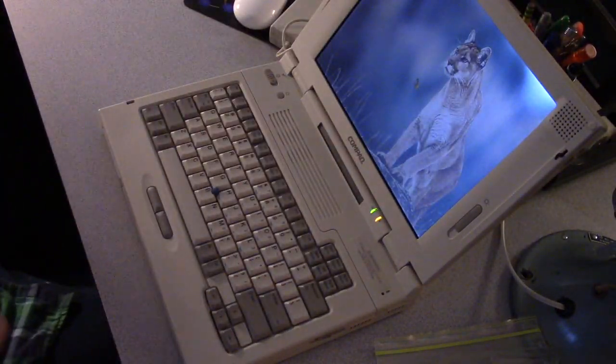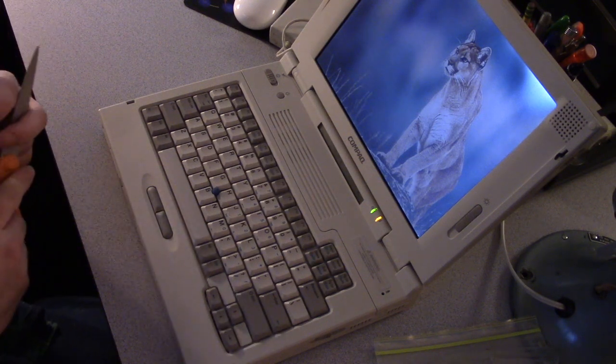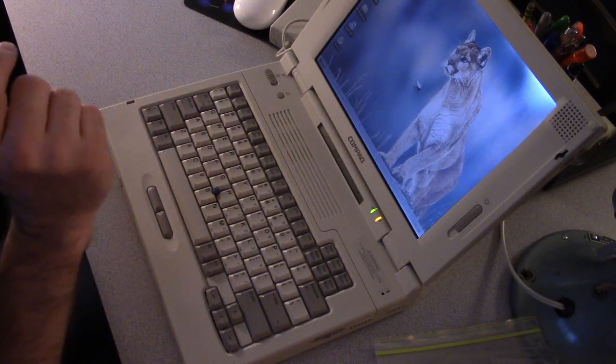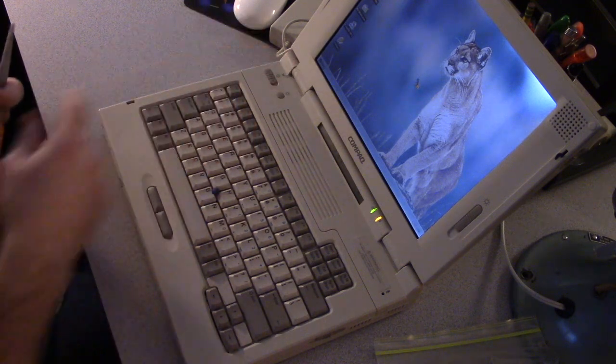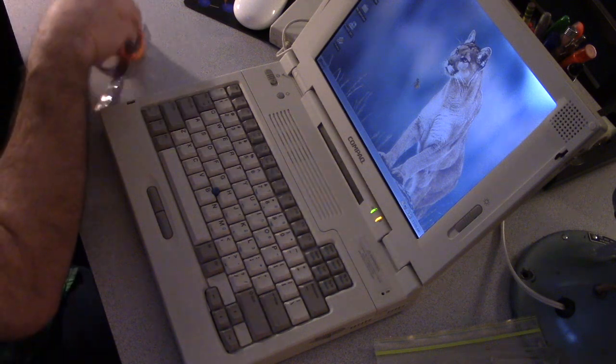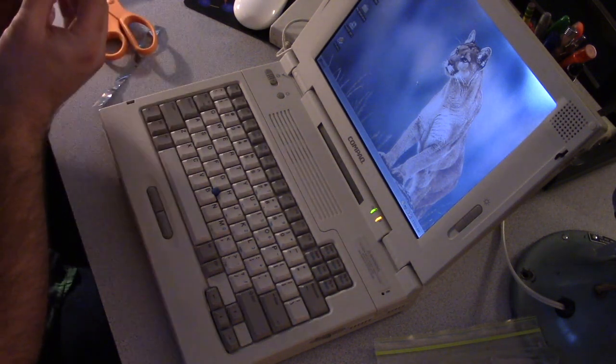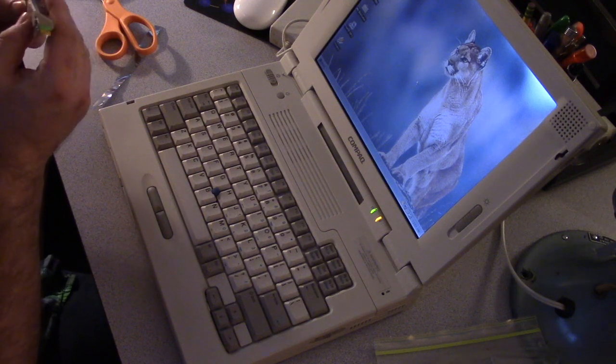Now, I also want to mention that in an earlier video, we actually did some repair work to the display cable. And I forgot to shoot it, unfortunately. I made the video, but I lost all the footage. So here is